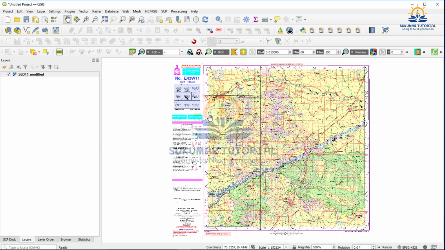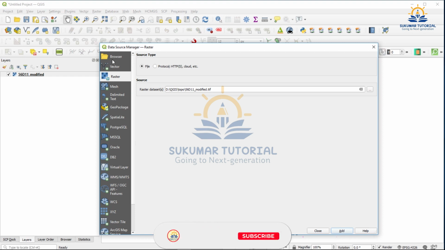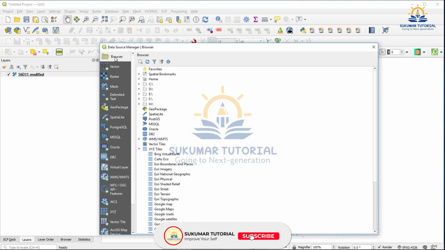Now I am going to get Google Maps. Go to Open Data Source Manager, go to Browser. You get a number of XYZ tiles, a number of maps. In the last class I told you how to get the Google satellite using the URL.